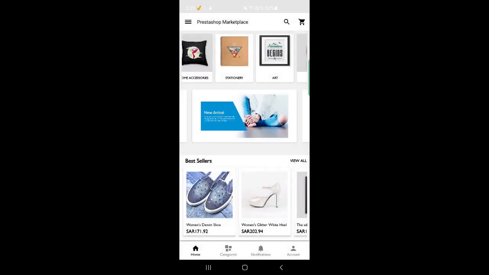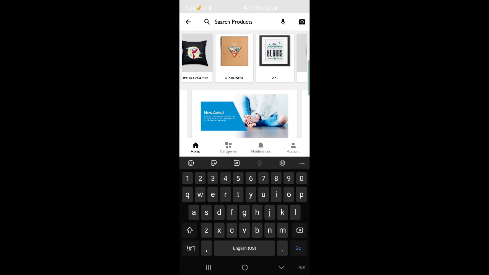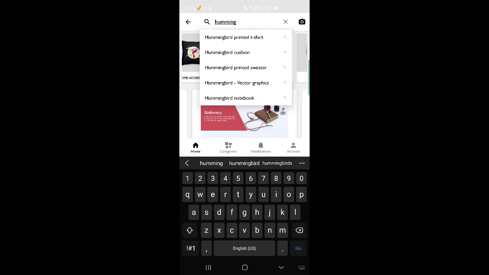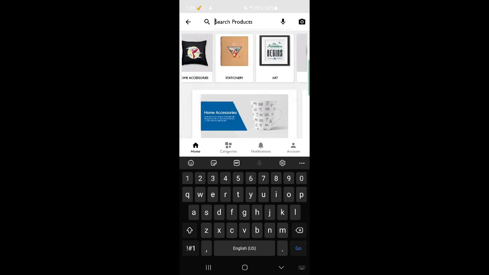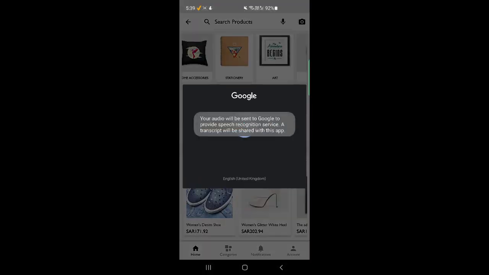Now coming to the top here, you can see that we have a search option. Here you can enter the name of the product. If you know the name of the product, you can then search, and you can see that according to the entered text, we have the available products within the store. The other thing you can use for search is the voice search. For example, if I tap on the voice search option,